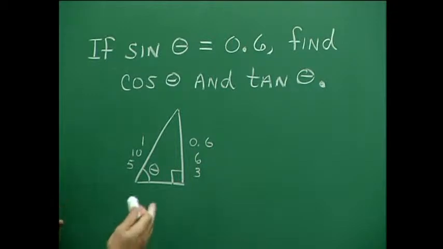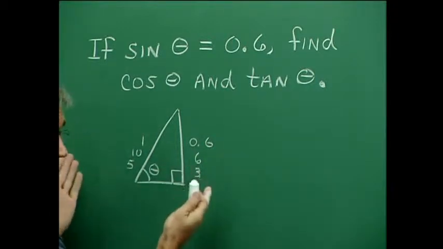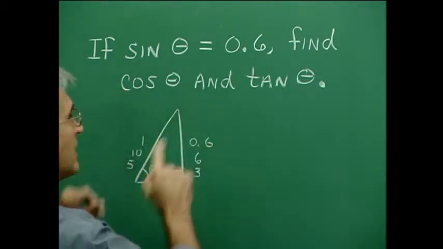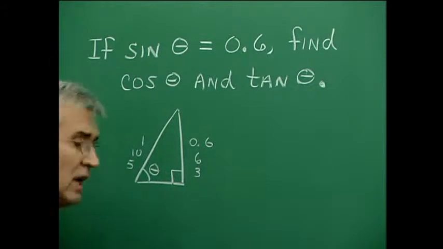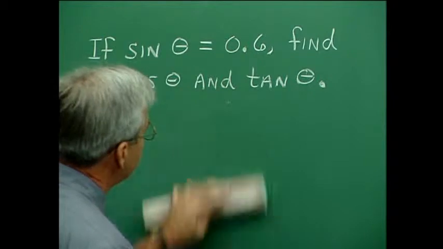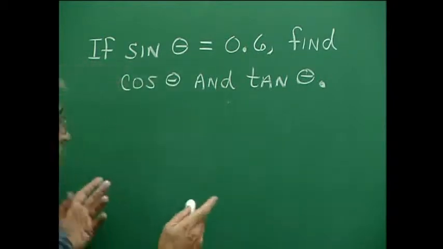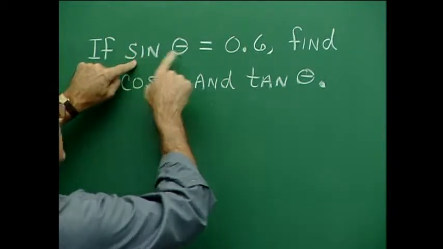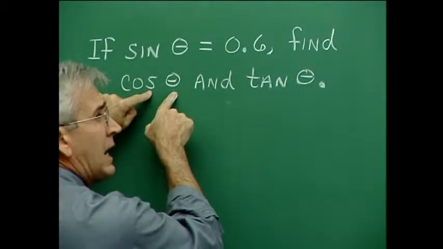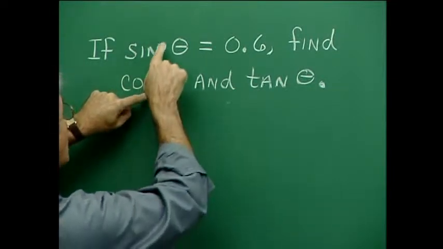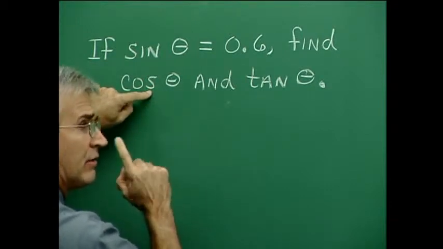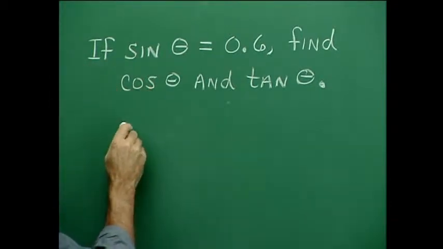So there are a lot of ways to set up the situation using a triangle in order to go through and find the third side, and then find cosine theta and tangent theta. All right, all of that's fine, but let's use identities here to solve the problem. Now, to use identities, here's what we do. We think, well, we have information about the sine, and we want to find the cosine of theta. Now, we need an identity, therefore, that involves sine and cosine. And the convenient identity I'm thinking about is the first Pythagorean identity that we looked at,